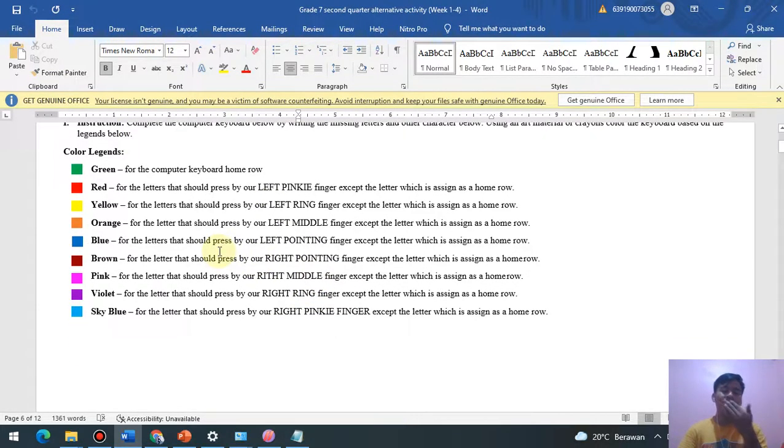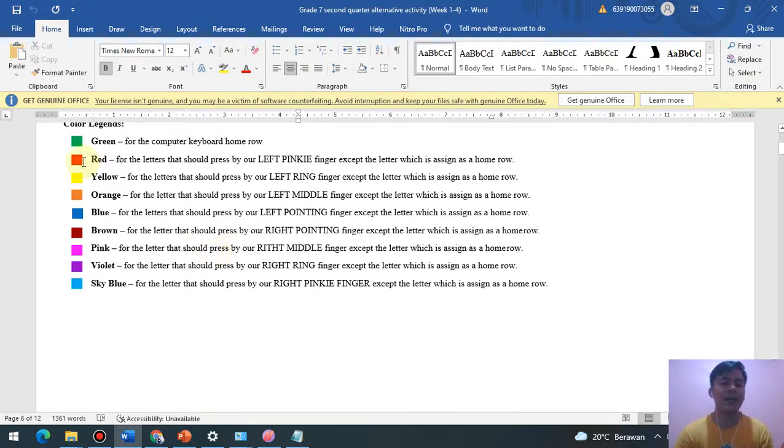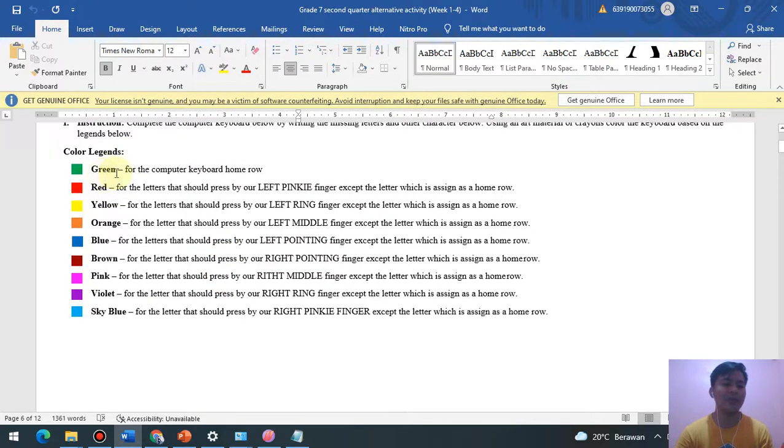So, kukulayan nyo yung mga letters base sa mga legend dito. So, color legend. Kukulayan nyo ng green yung mga computer keyboard home rows natin. So, ano yung mga letters that is composing of our computer keyboard home rows? Then, red naman,